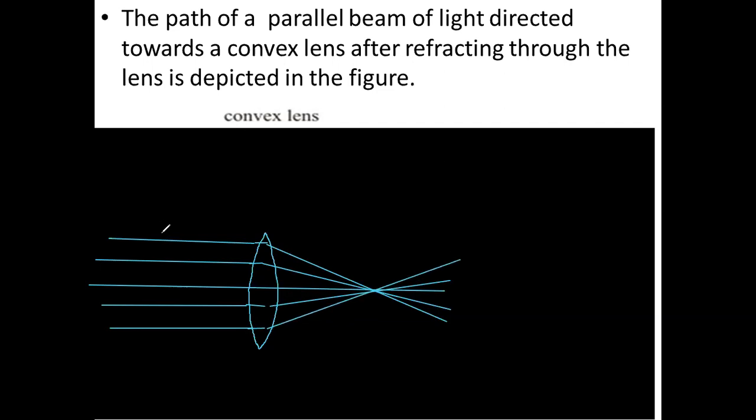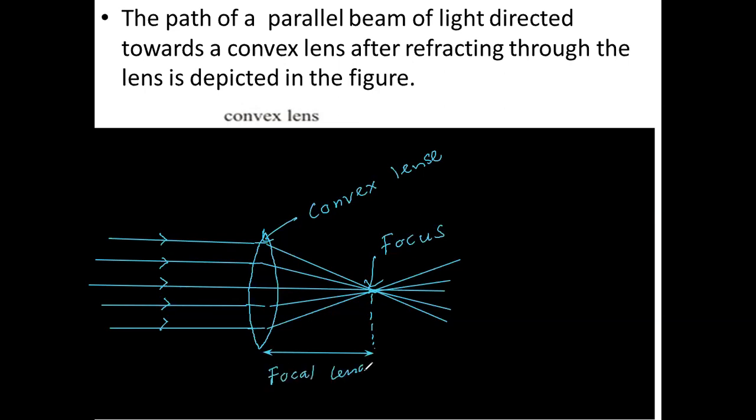If the parallel beam of light comes like this, it goes through this focal point, the focus, at the convex lens. This length is called the focal length.